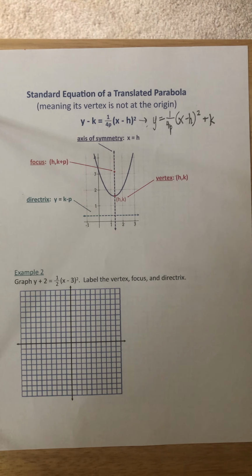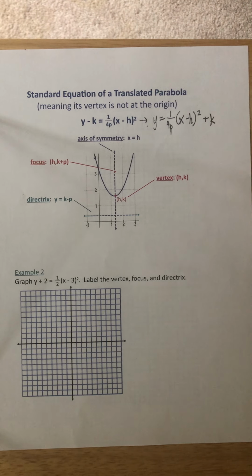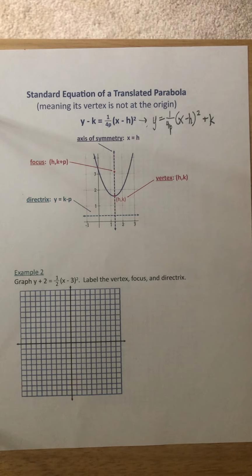Your vertex is now H, K. That is the only difference. So it's going to change where your focus and directrix are, but if you understand what P means, then this is not difficult. P just means the distance between,